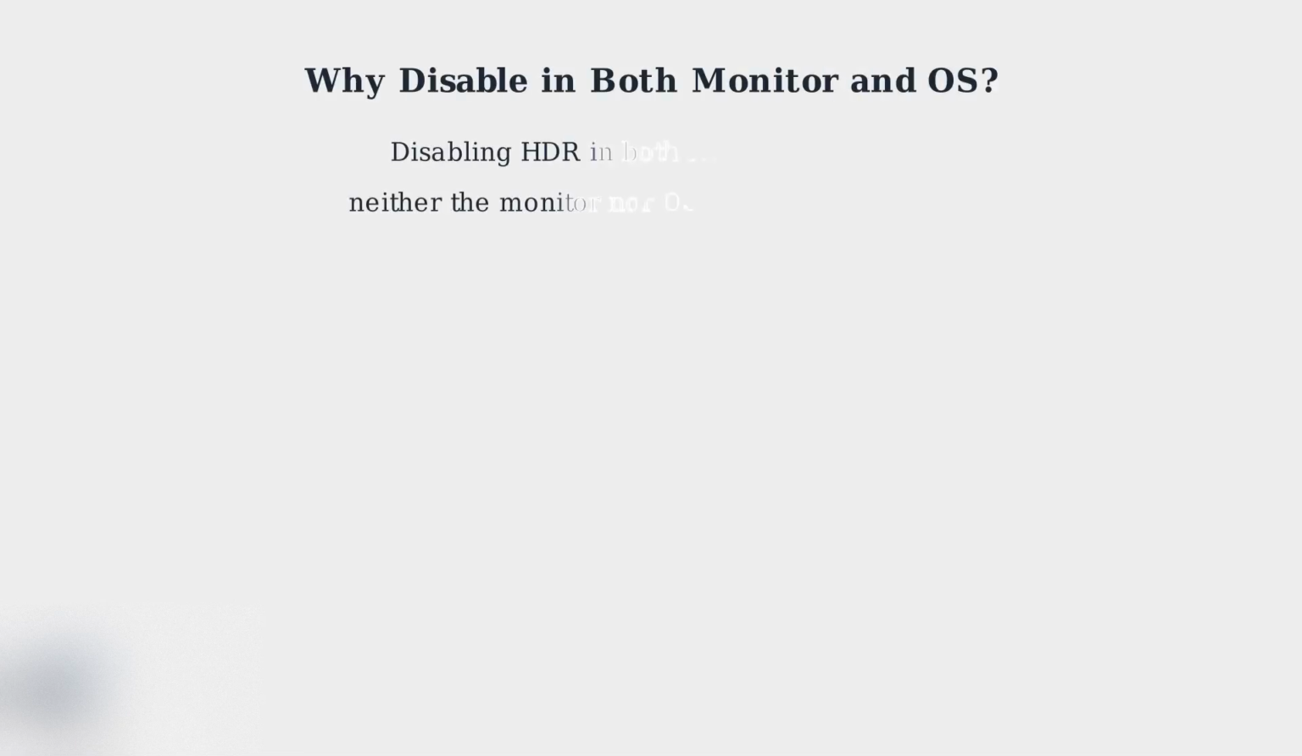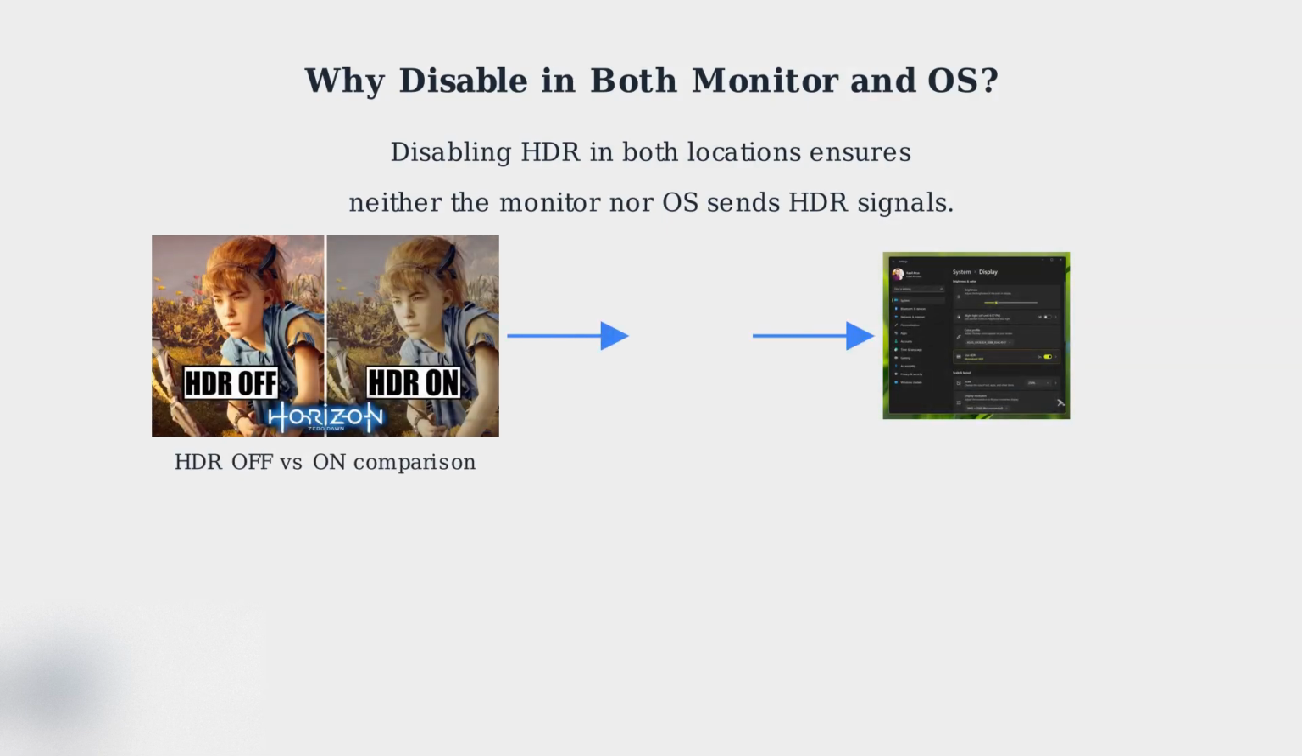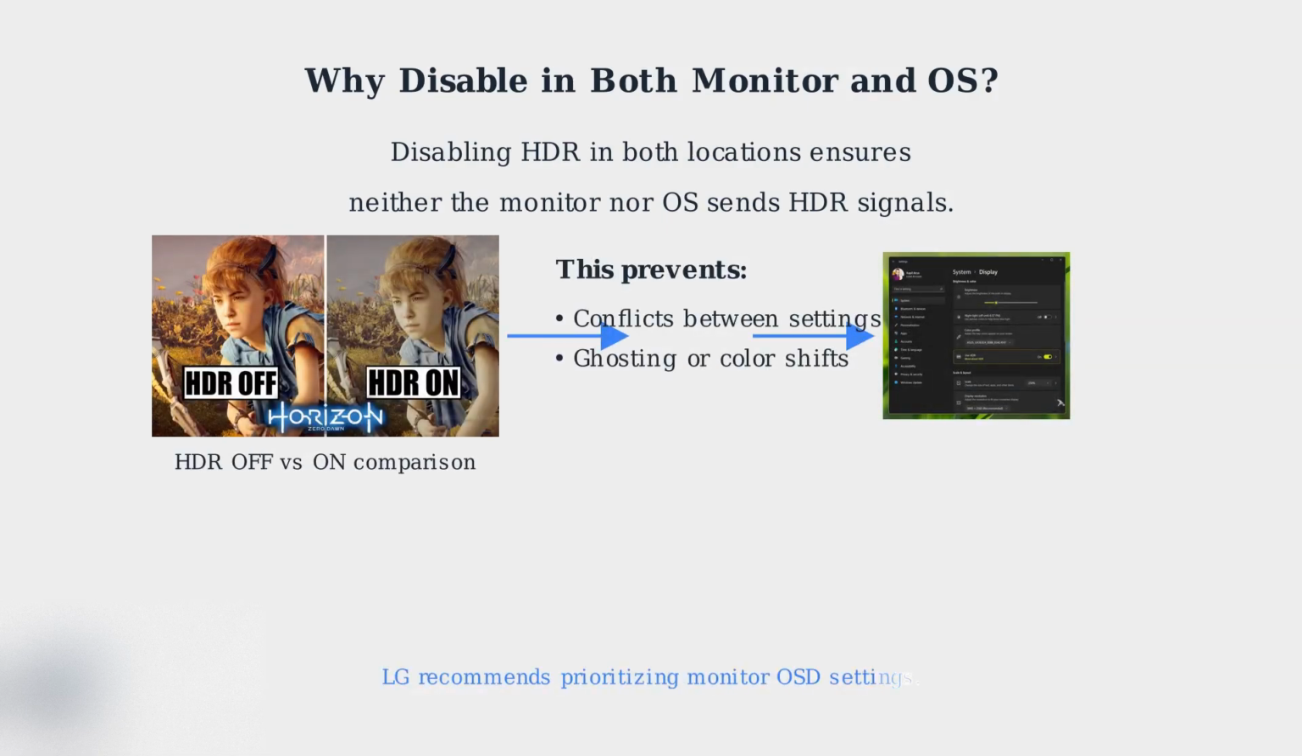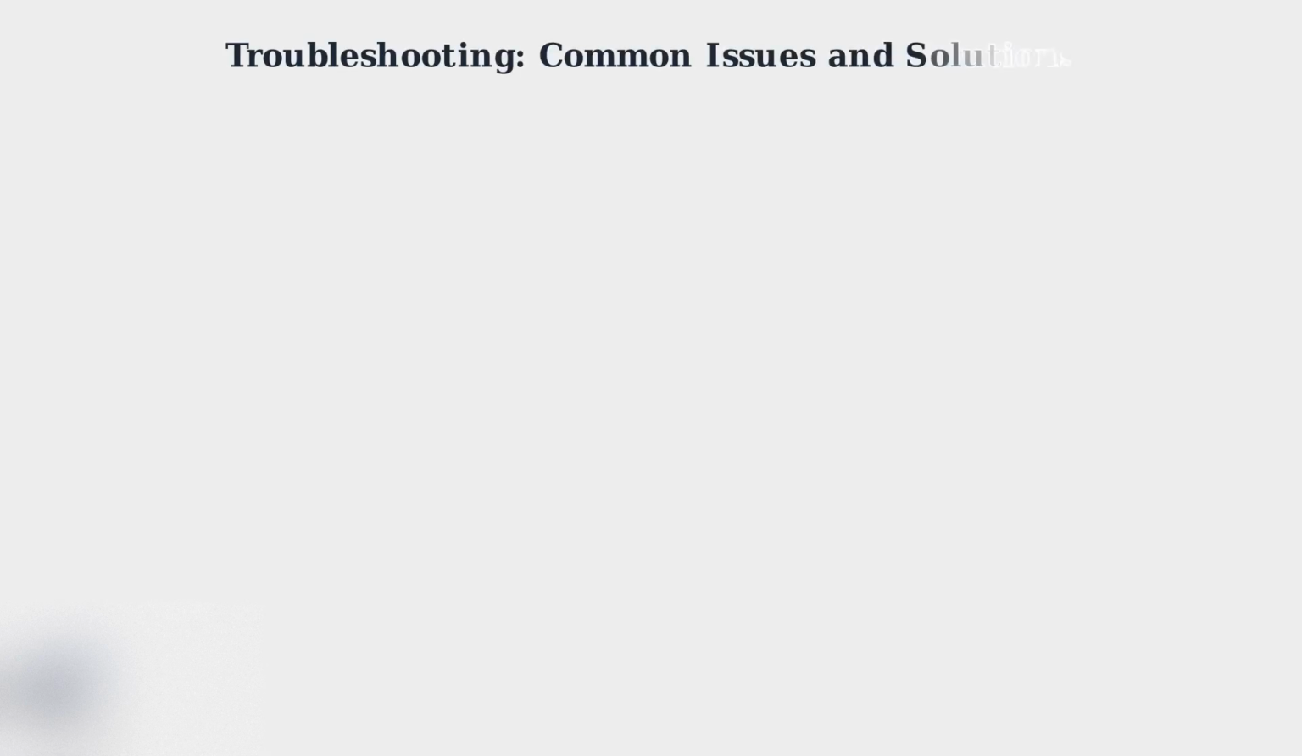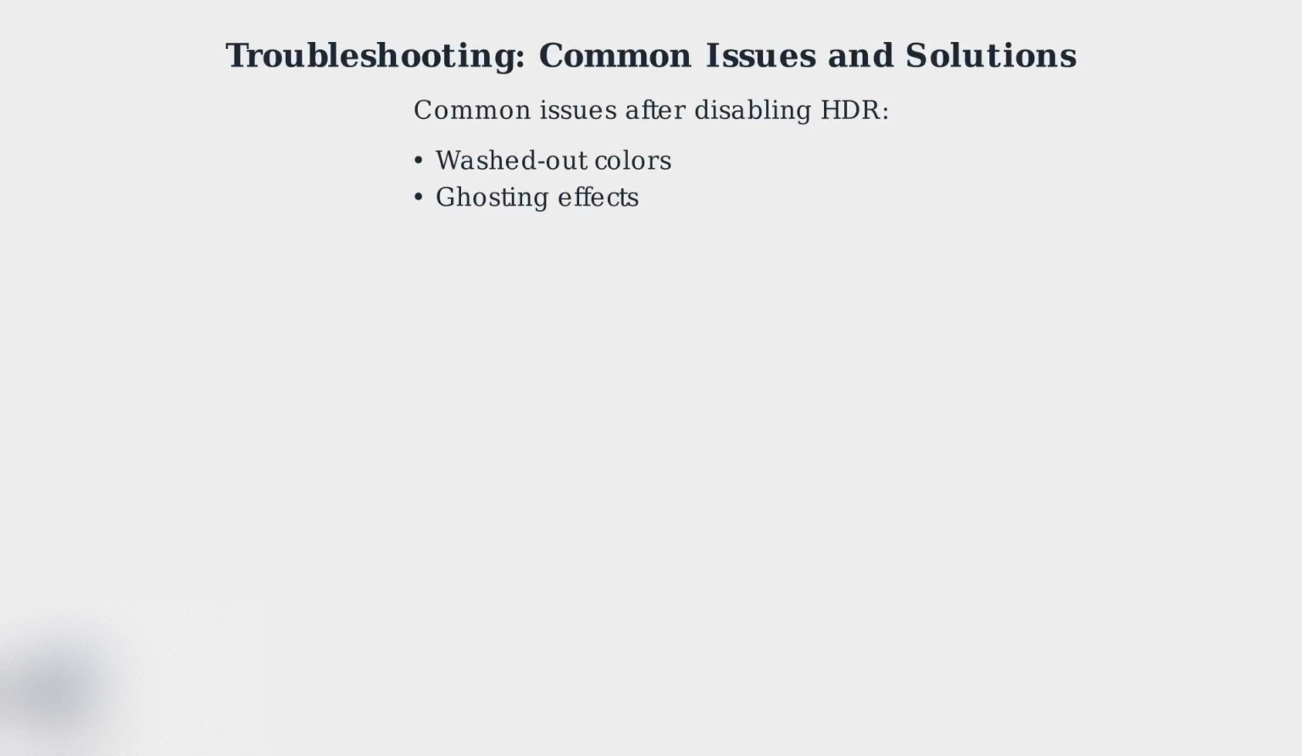Disabling HDR in both the monitor's OSD and your operating system ensures complete deactivation. This prevents the monitor from processing HDR signals while the OS avoids sending them, eliminating potential conflicts that could cause ghosting, unexpected color shifts, or visual inconsistencies. LG recommends starting with the monitor's OSD settings for optimal results, then confirming the OS settings are also disabled to avoid any overrides. If you experience issues after disabling HDR, such as washed-out colors or ghosting effects, here are the